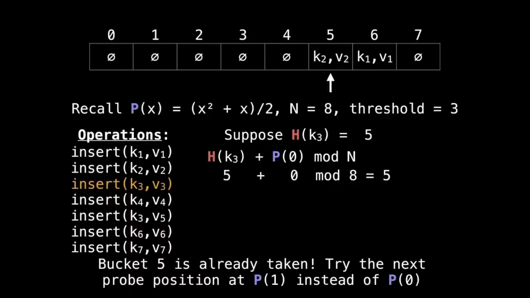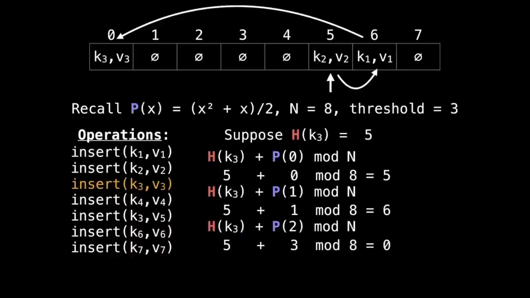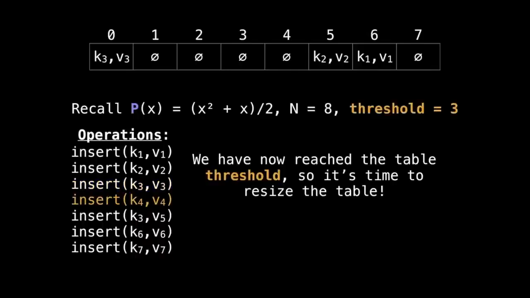So we're going to try probing at offset 1, so that brings us to 6. So we probe again, and that brings us to index 0, which is free, so we're going to insert k3 and v3 key value pairs there. Let's insert k4. Oh, but before we can do that, we've reached the table threshold, so we have to resize